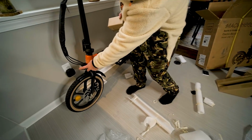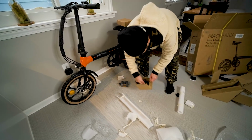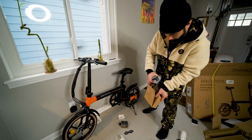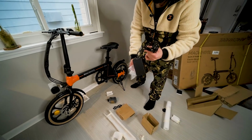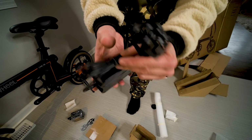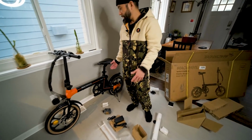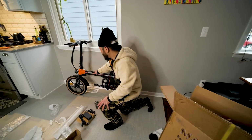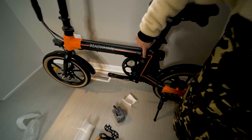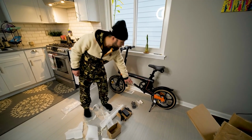Also has a headlight, built-in headlight. Pedals. Tool for the pedals. And the charger, 36 volts, 2 amps. Yeah, first impressions are it's a small, cute little bike. What I love about this design is that the battery is in the tube. This is where you charge it. It's very minimalist. We're gonna charge it up, we're gonna put the pedals on, and then we'll take it out